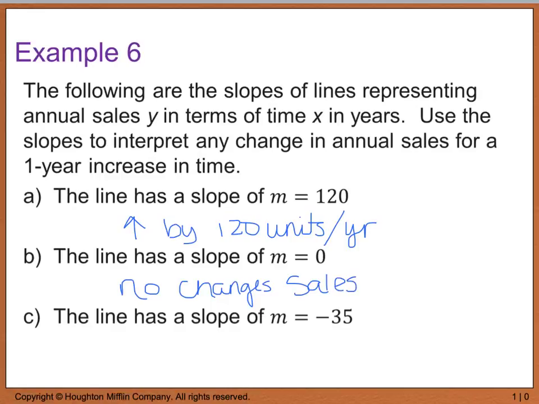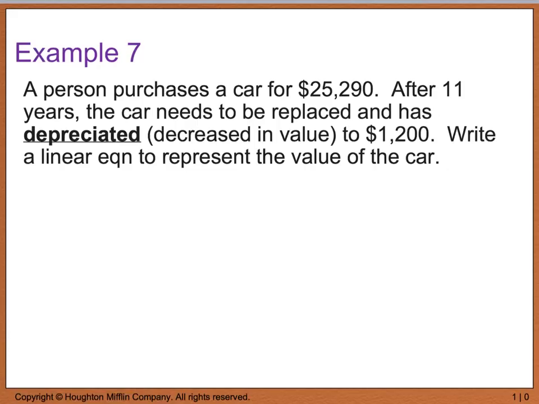In part C, it says the line has a slope of a negative 35. Well, negative slopes usually tend to mean that we are decreasing in value. So this here would be a decrease in sales by 35 units per year. And our last example says, a person purchases a car for